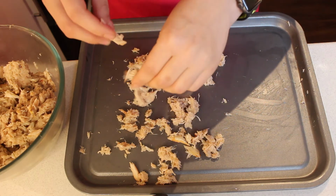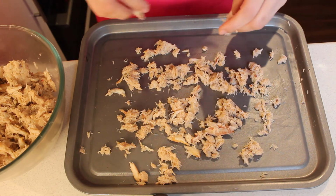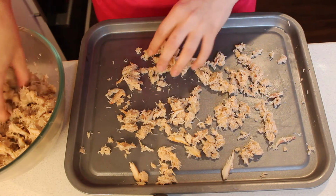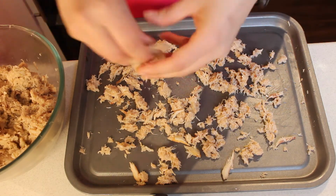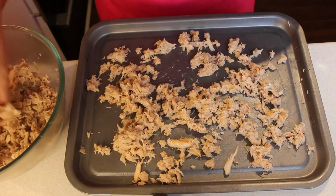No. So you basically just drop the pieces of crab claw meat onto the metal tray, and you're feeling for anything hard, and you're also listening for the sound of something hard hitting the metal. So you just keep listening, and if there's any shell in there, then you just want to take that out and throw it away. And once you have successfully de-shelled your crab meat, just place it back in a bowl,